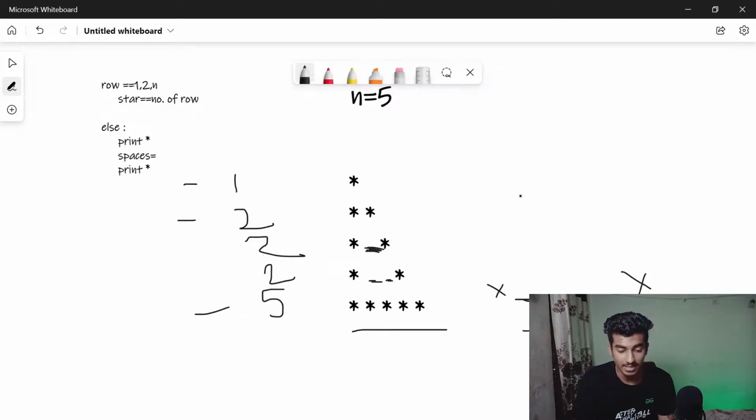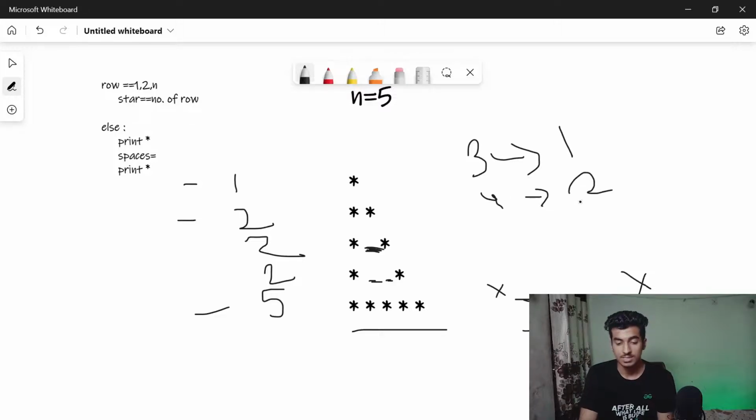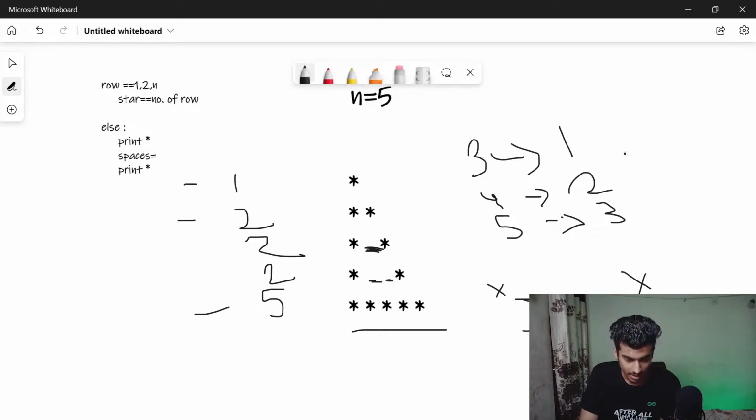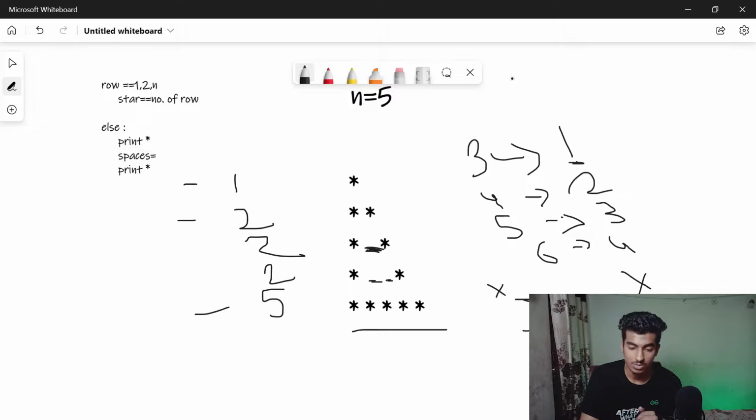Or we can also find a pattern. Suppose in our third row we are printing one extra space between these stars, and for our fourth row we have to print two extra spaces. For our fifth row we are in this condition. So suppose n is greater than 5, so in our fifth row we have to print one more space. That means 2 plus 1 is 3. So we have to print 3 spaces for our fifth row, and for our sixth row we have to print 4 spaces. So we can also generalize a new formula from here for printing our number of spaces. We can just use here the row number